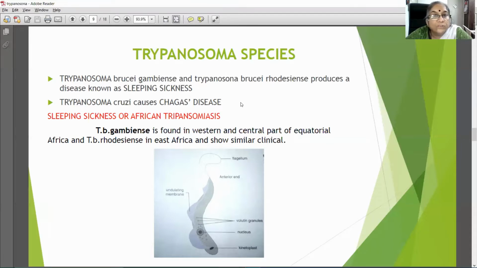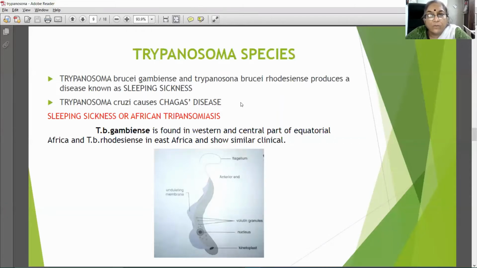These two species produce the disease known as sleeping sickness, whereas Trypanosoma cruzi produces Chagas disease. Now Trypanosoma brucei gambiense and Trypanosoma brucei rhodesiense